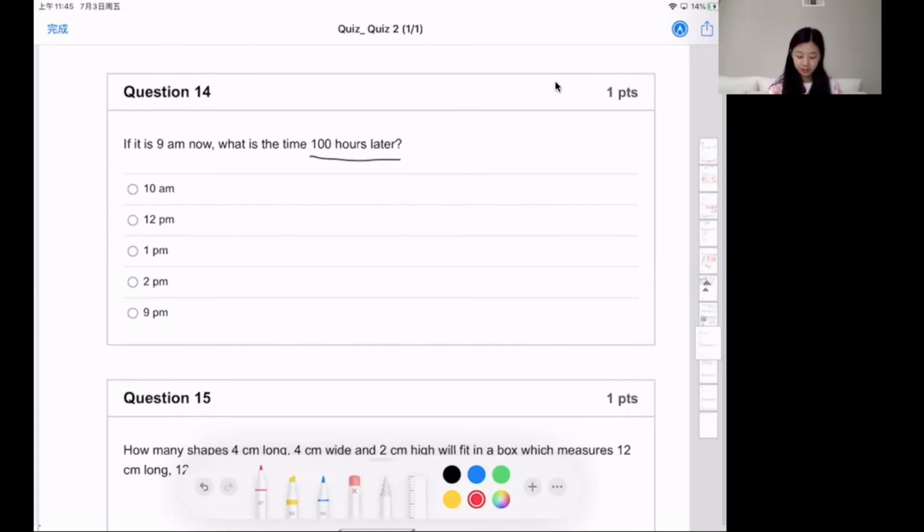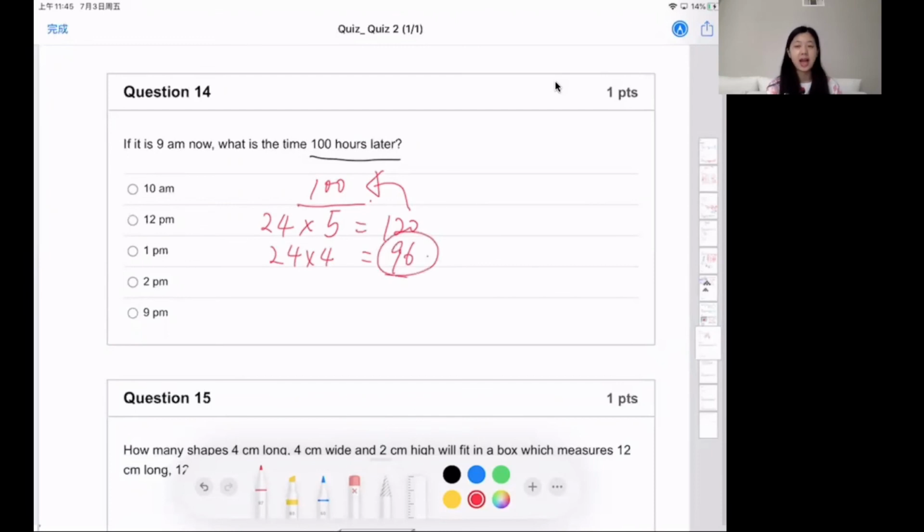So 100 hours. We do 24 times, let's see, maybe 5 first. So it's what? 120. Then it's bigger than 100, right? Then now let's think. If there are only 4 of the 24 hours, then it's 96. So we can know after